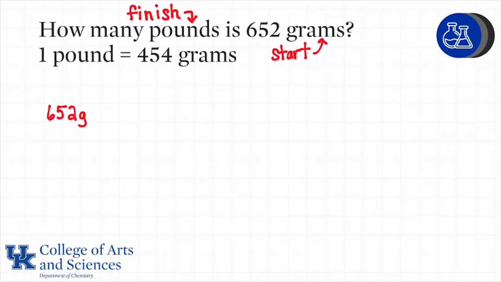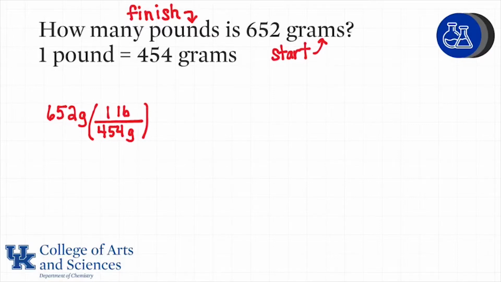We start our setup with 652 grams because that's what was given in the problem. Then we set up our parentheses, and in this case we want grams on the bottom because grams is in the numerator on the starting, the 652 grams, and we want to cancel out grams, so we put it in the denominator. Note that the 454 always stays with the grams and the 1 stays with the pound because this